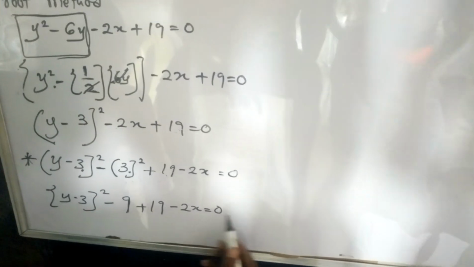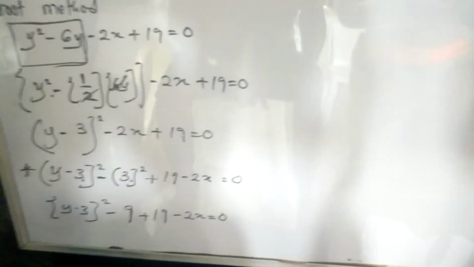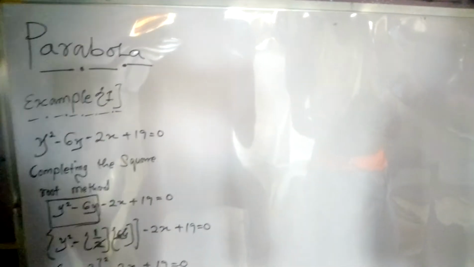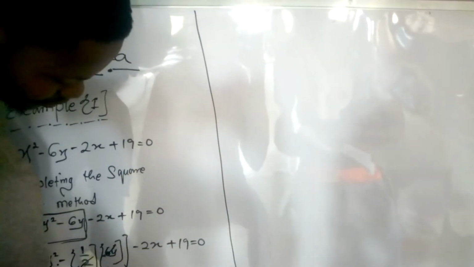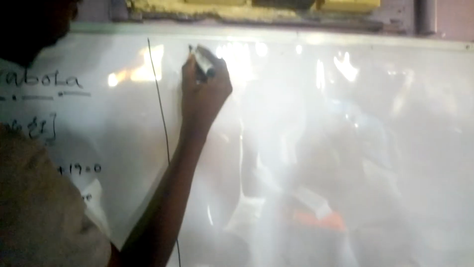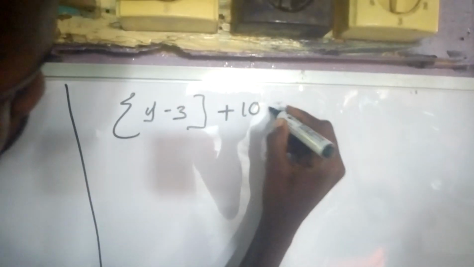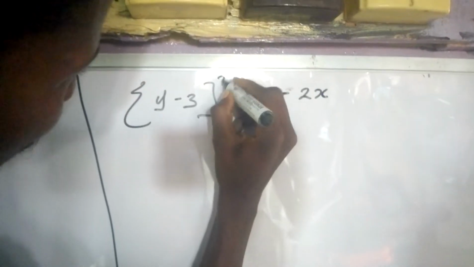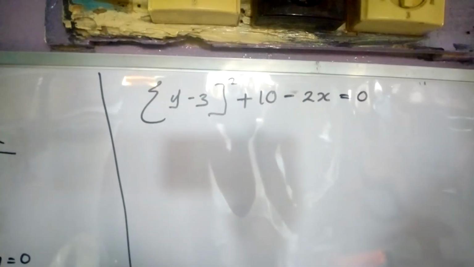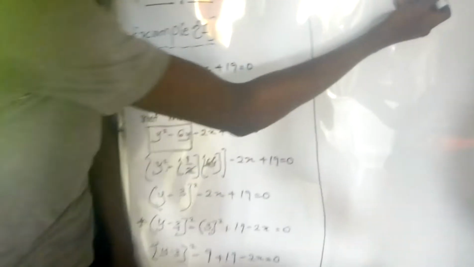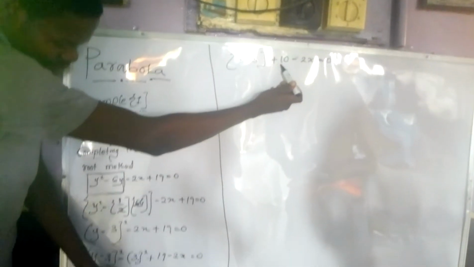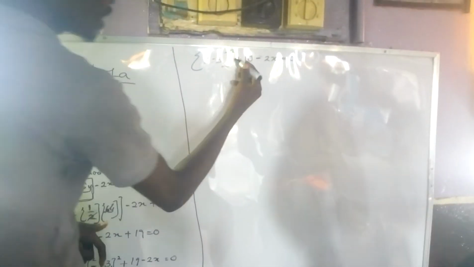So we want to move forward. So our minus 9 plus 19 will give us what? 10. So we are going to have y minus 3 square plus 10 minus 2x equals 0. Why did I have plus 10? The reason is that